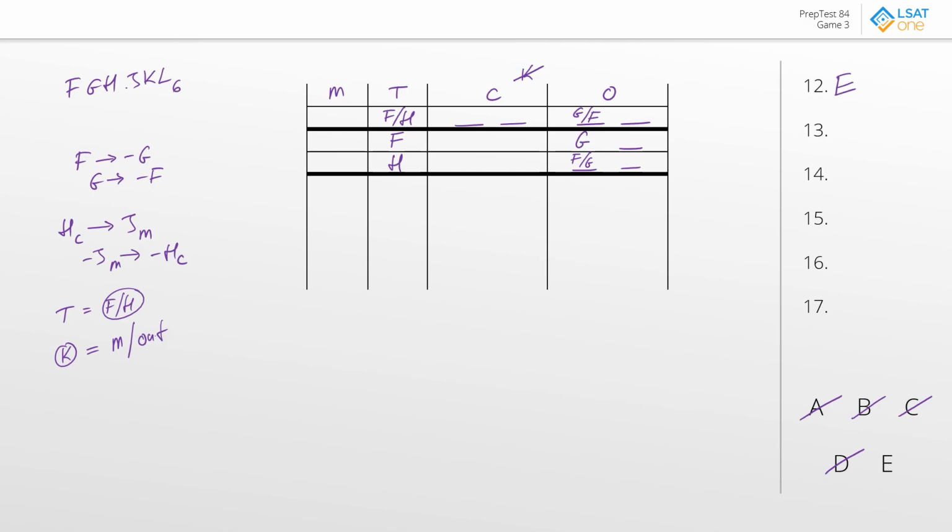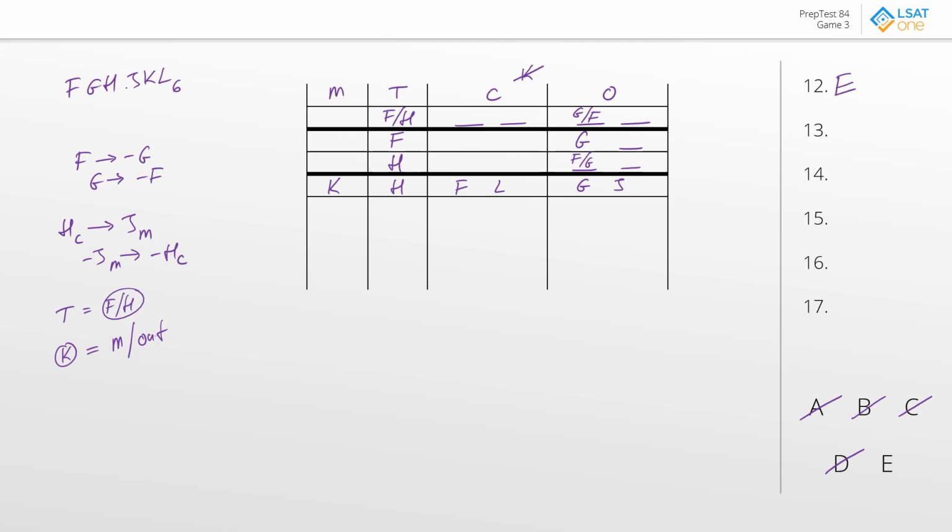Next, actually, before we jump in, let's plug that into the board just in case it comes in handy. So we have, let's see, K is the mayor, then we have H in the treasury, we have F and L as councillors, and I guess that leaves us with G and J out.